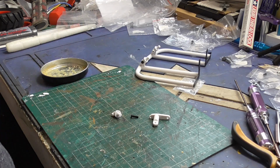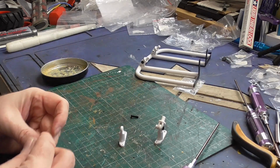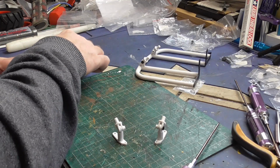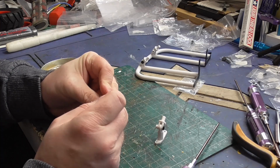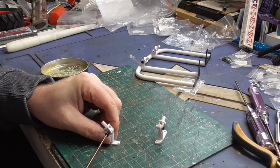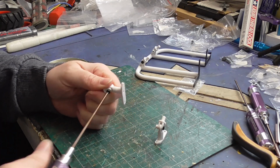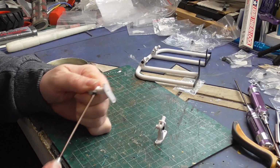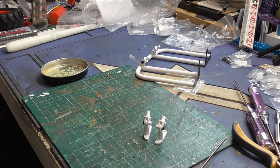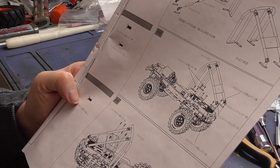I'm going to check. Well, it's right as in the picture, so we want to make the reverse of that. And there we go, there's those other two brackets, completing us up to part 66. Now, I'm going to do part